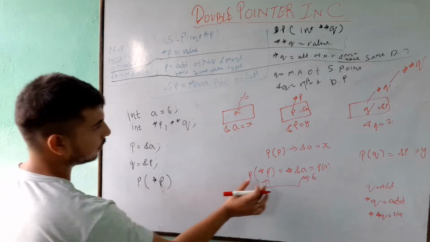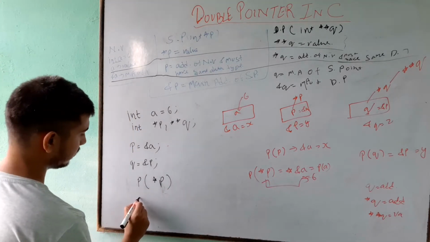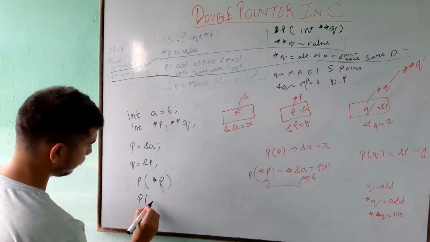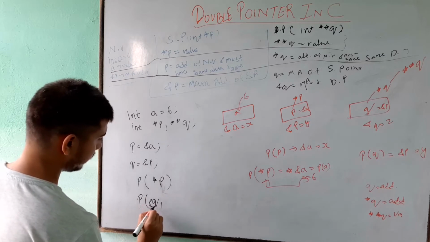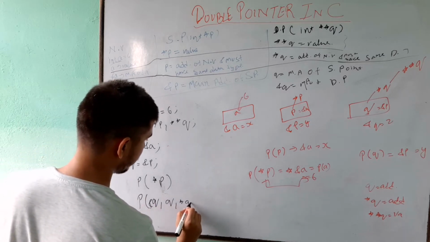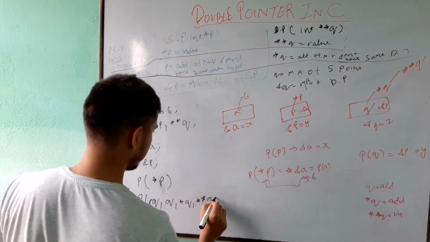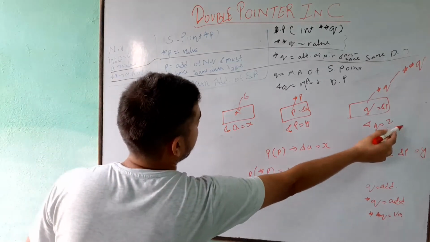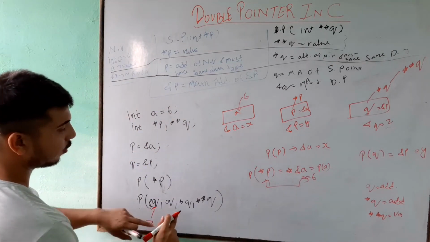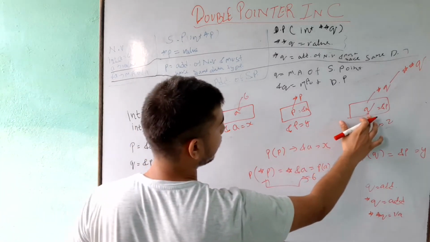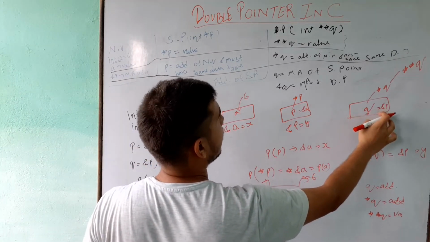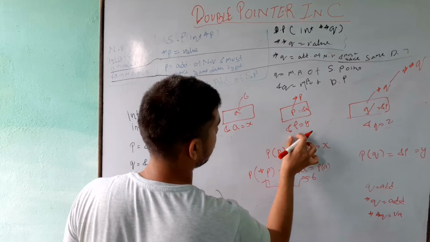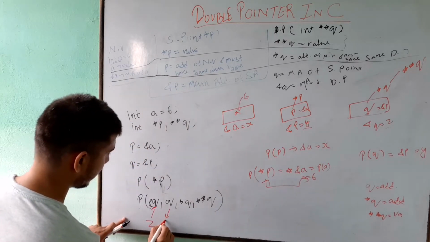So now asterisk p will give me 6, okay. Now if I write printf of q, asterisk q and double asterisk q, okay. Now &q, we know that this is so simple, it will give us z. Q, now what is q holding right now? Q is holding the main address of the single pointer. So what is the address of the single pointer? &p. And what is &p we had given? y. So it will give me y.